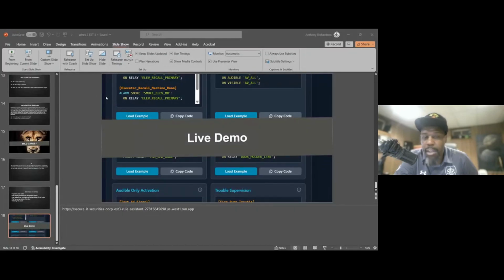And we have the duct detectors, which we could also write a rule for as well. So that rule will only activate this 1 smoke detector. It will not activate this smoke. So what I would generally have to do is, for this one here, I would probably put it elevator smoke,